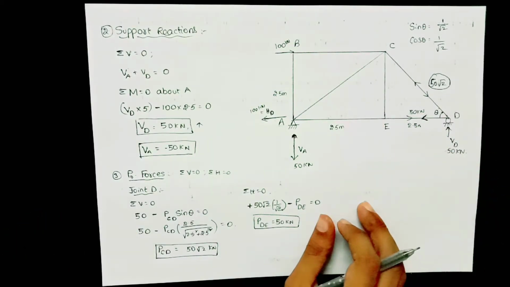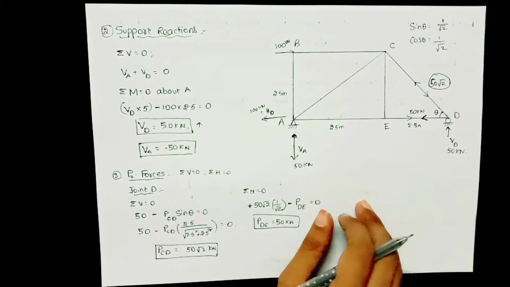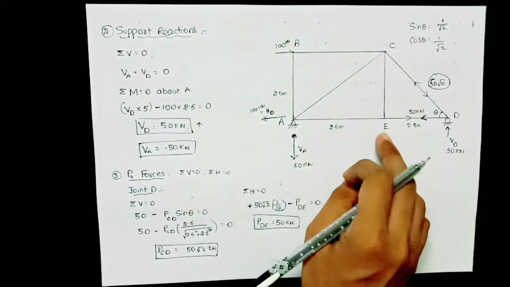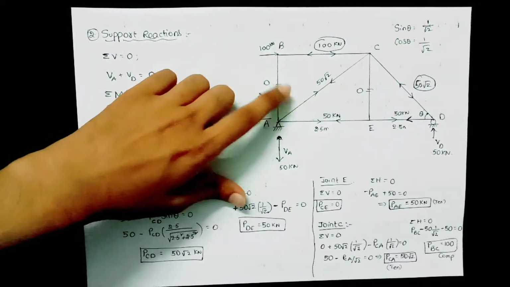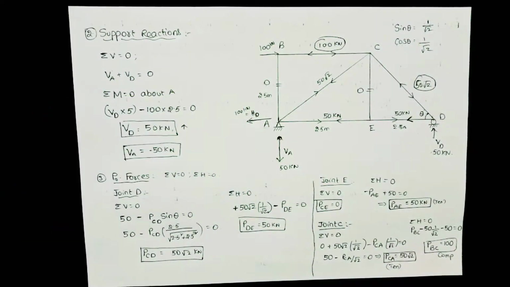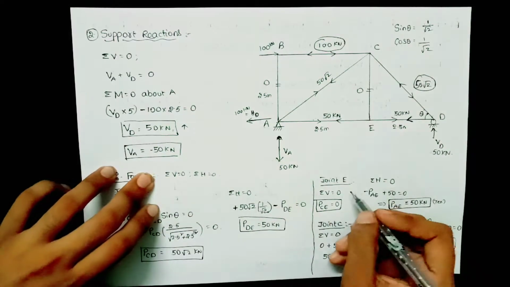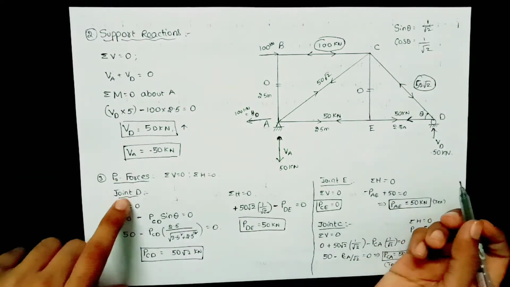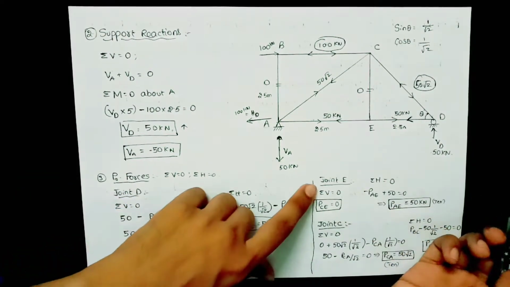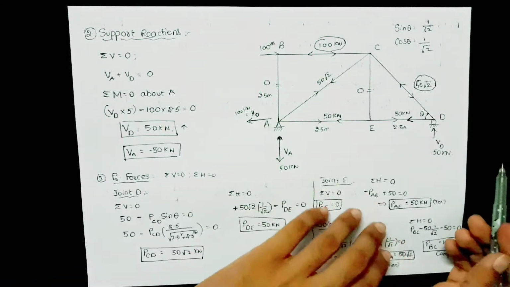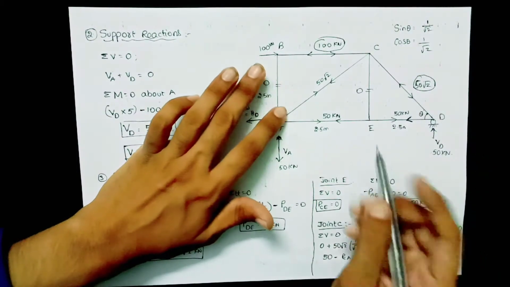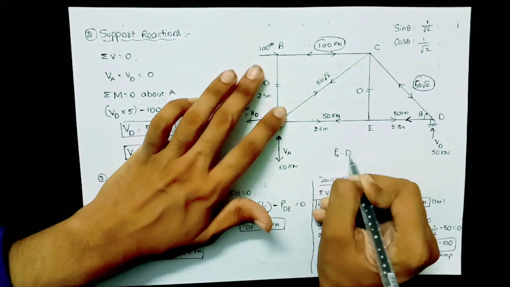So I have explained by taking one joint as an example. Similarly, you take joint C, joint E and joint B and calculate the remaining forces. These are the forces I have obtained after resolving each member at each joint. I have explained joint D. Similarly, perform the same analysis at joints E and C. Then place all the values in this diagram. This diagram is known as the P0 diagram.